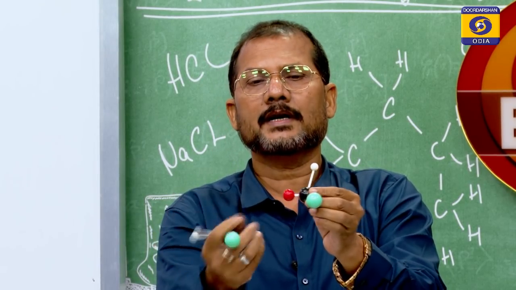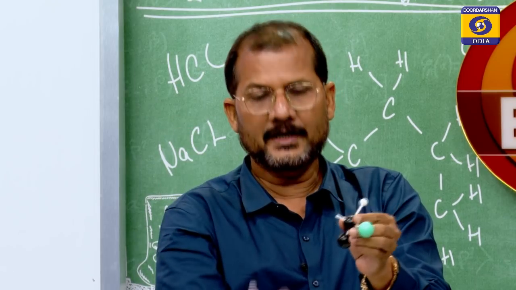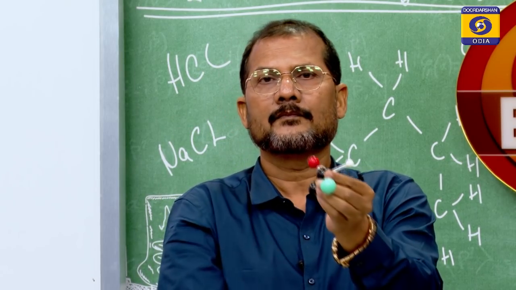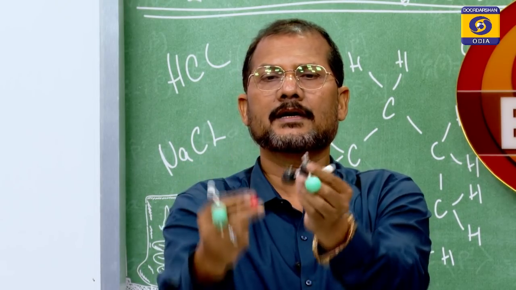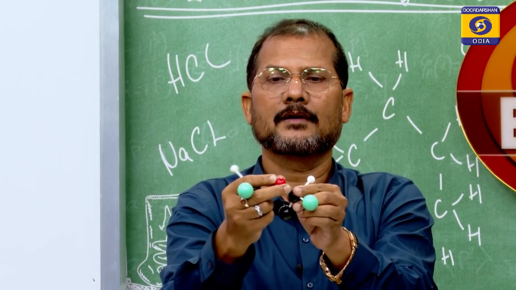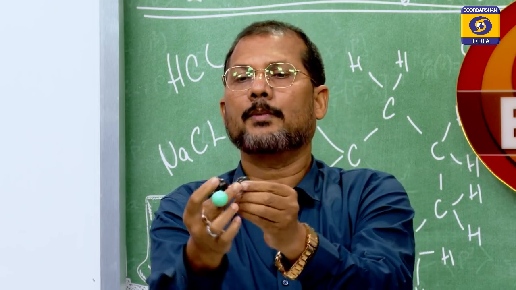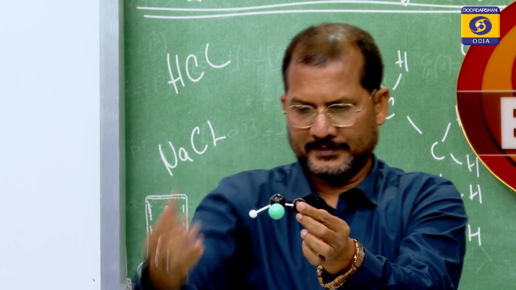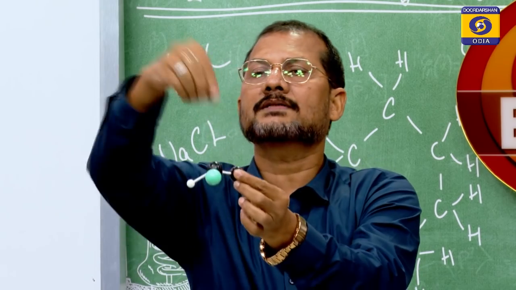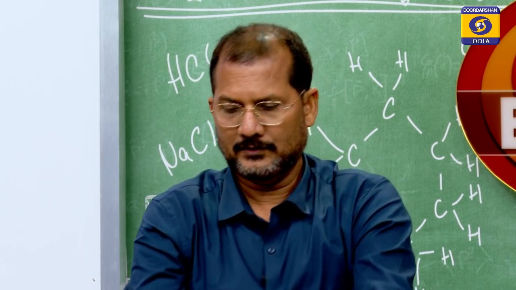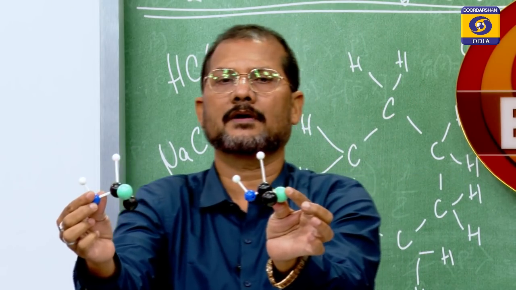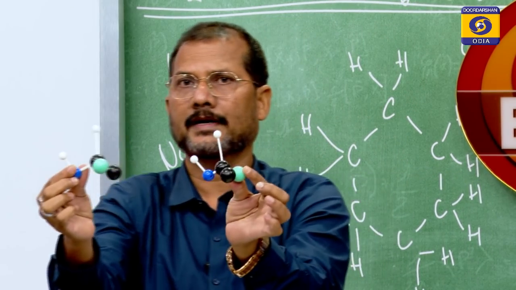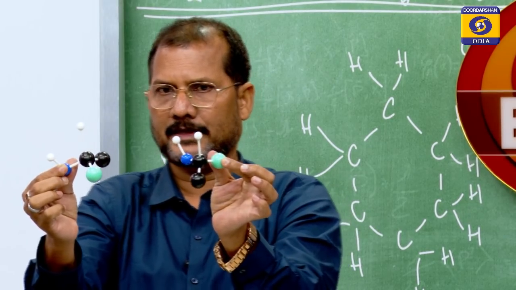सो इसमें क्या होता है ना, ये निकल जाता है. जब ये निकल जाता है तो इंटरमीडिएट कुछ ऐसा हो गया. अभी जो टेट्राहेड्रल था वो प्लानर हो गया. तभी जो OH ग्रुप है ऊपर से आ सकता है या नीचे से आ सकता है. तो ये दोनों प्रोडक्ट देगा, 50% ऑफ दिस एंड 50% ऑफ दिस प्रोडक्ट. ये दोनों एक नहीं है, ये दोनों डिफरेंट हैं. थोड़ा ध्यान से देखिए कैसे डिफरेंट हैं.